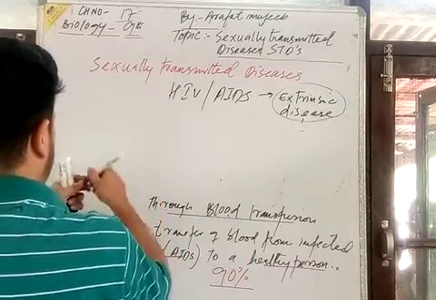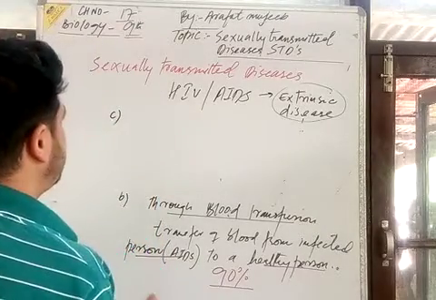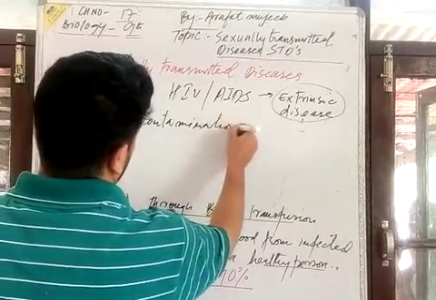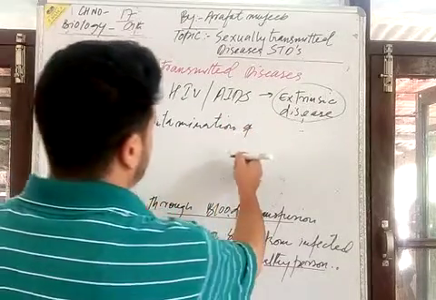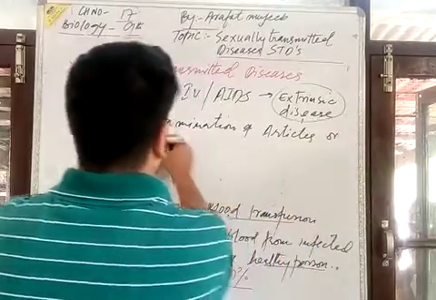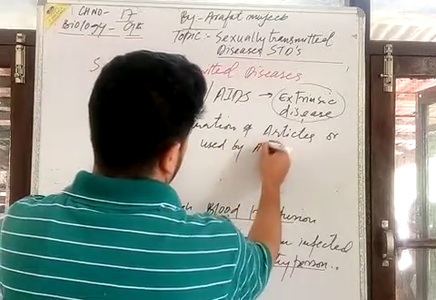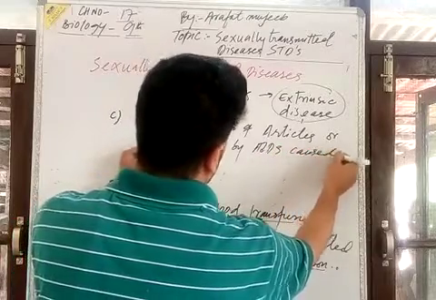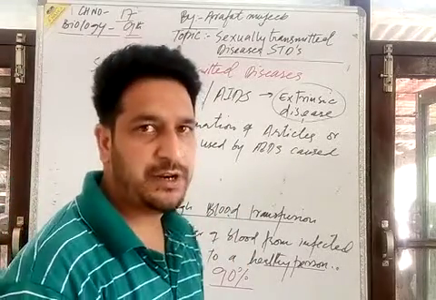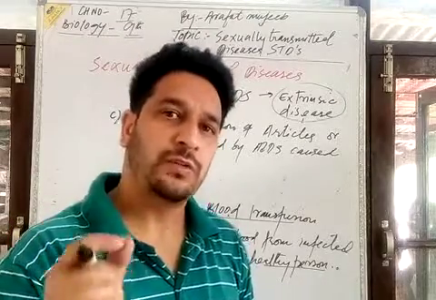Third, in this third part, there is contamination of articles, or we can say things, used by an AIDS-infected person. Those articles which have been contaminated, the things he used, and those things that have been in direct contact with the blood,